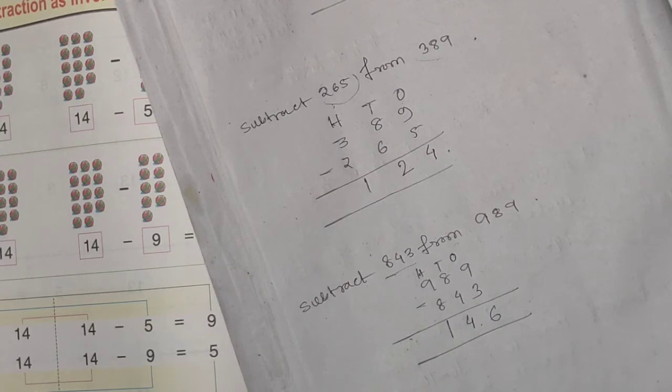Okay. So, for doing the subtraction, at first you need to write the numbers in columns. Then you have to start subtraction from the ones place, that is from the right side, and then move to the left side. And subtract tens from tens, ones from ones and so on. So you will subtract tens from tens, ones from ones, hundreds from hundreds. Okay.